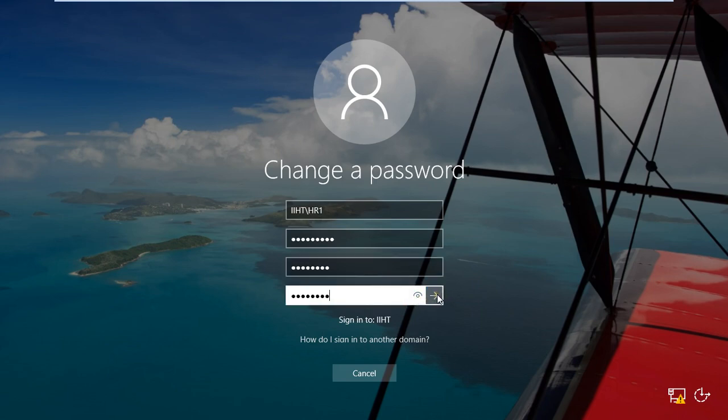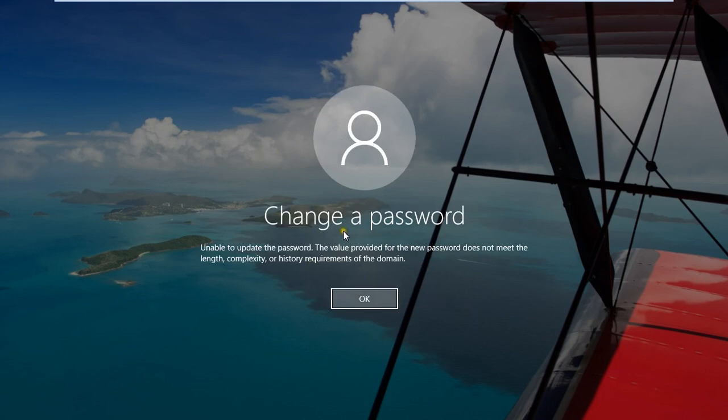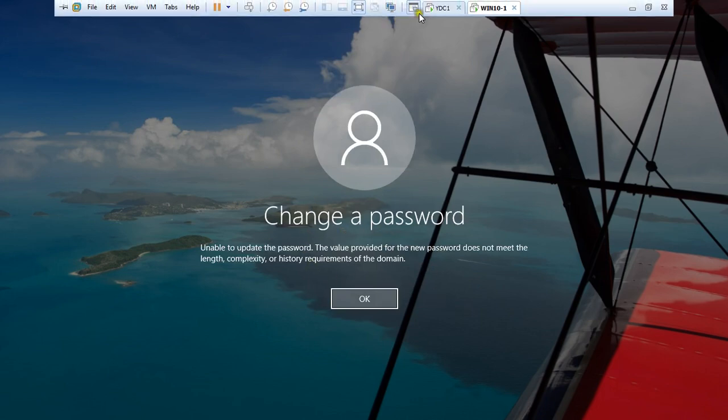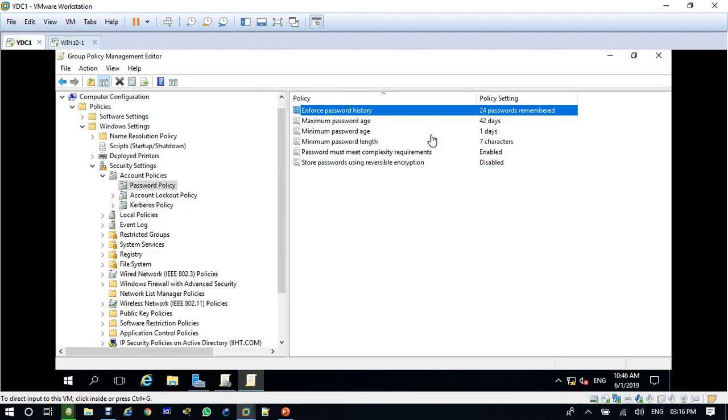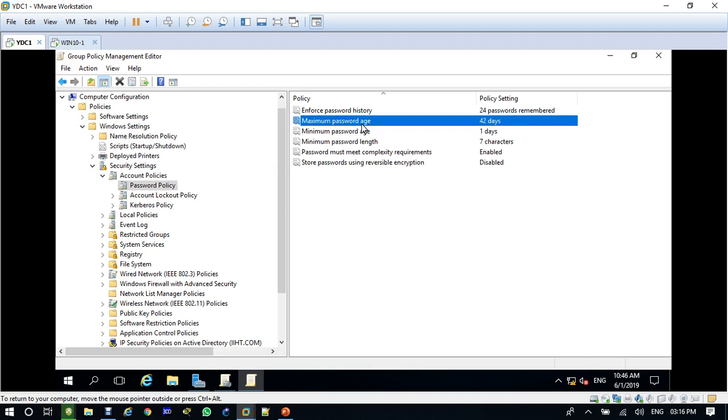you cannot change the password, right? Why? Because I'm using a password which is already in the history. The computer remembers 24 passwords in the history, so I cannot repeat or use an old password. That is how many old passwords your computer can store, 24. Now look at maximum password age: by default, if I do not change the password, whatever the administrator has given me or I have changed,